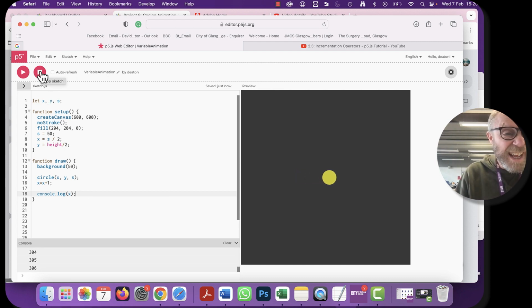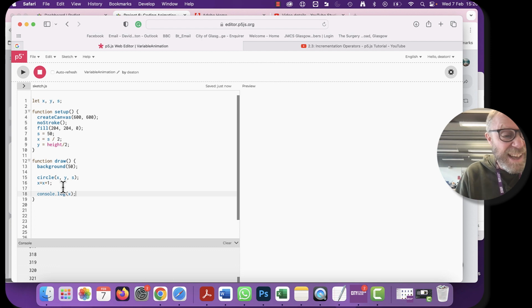So if we take our ideas of updating the variables a little bit further, we can see now why we might need to have our variables declared globally, because there's another very important pre-built function that's built into P5 that can control and recognize when the mouse is being pressed,